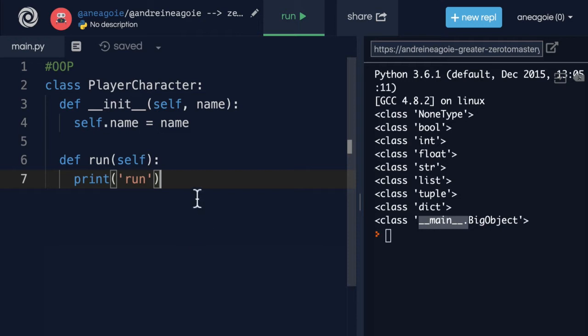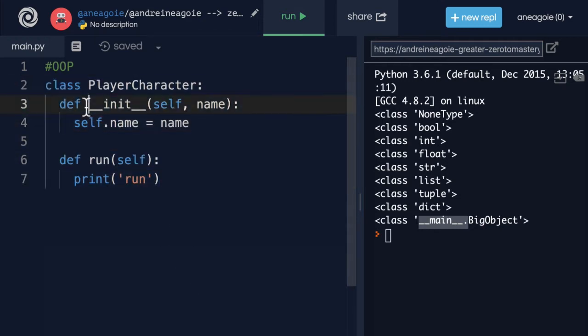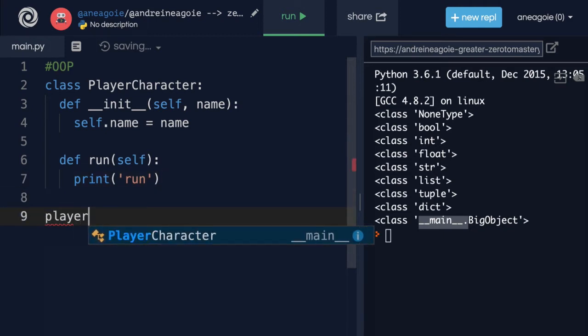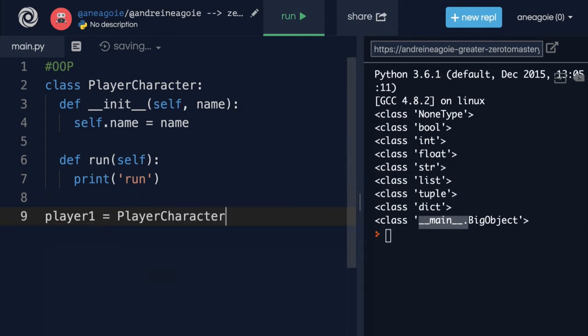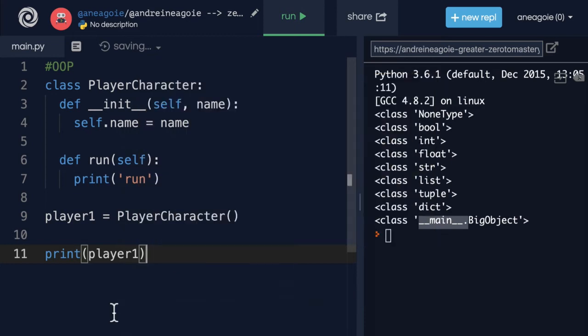All right. So I've just created this class. It's still kind of confusing. We don't really know what this init is, what the self is, and this whole new look. But let's ignore that for a second and simply say player1 is going to equal player character and instantiate that player so that we can print player and see what's up with this player. If I click run,